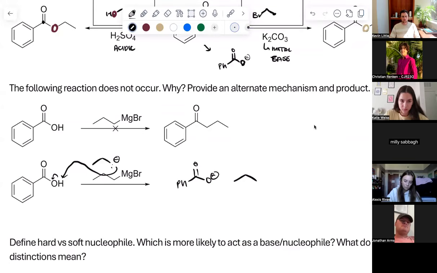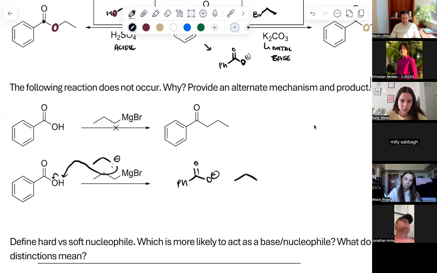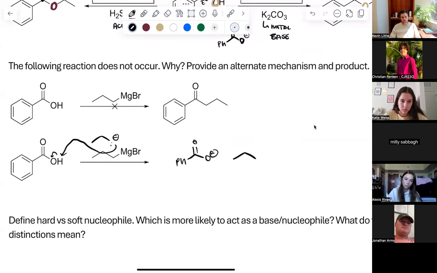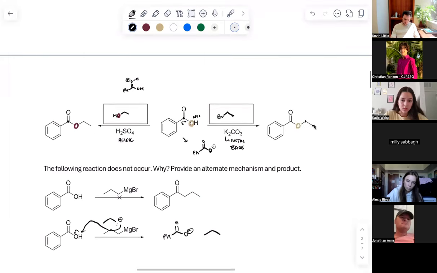I have a quick question. Is it not Grignard specific? Can it be any nucleophile? It's Grignard and LAH specific. So the problem is, okay, so